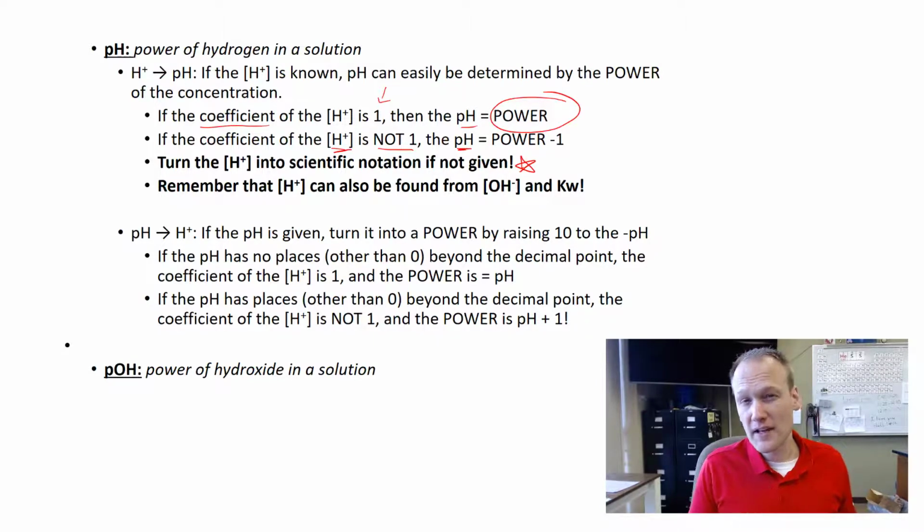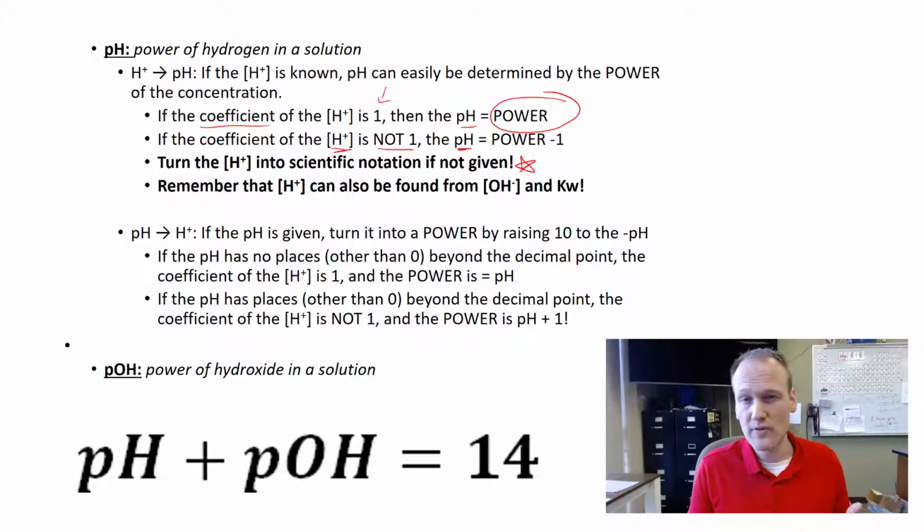You've probably heard of the scale for pH, but you probably haven't heard the scale of pOH. pH is the power of hydrogen in solution. pOH is the power of the hydroxide in a solution. And pH and pOH should be added together to equal 14. They're both telling whether something is acidic or basic, but just from a different perspective. One from the perspective of hydrogen ion, and the other from the perspective of an OH negative ion.